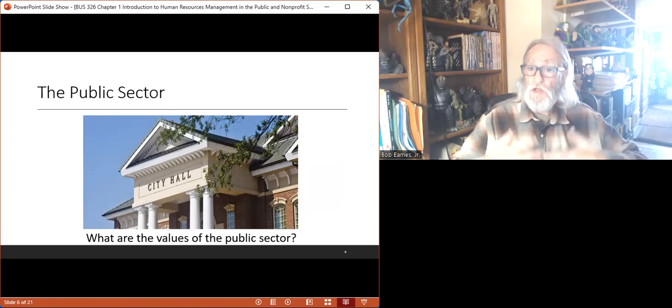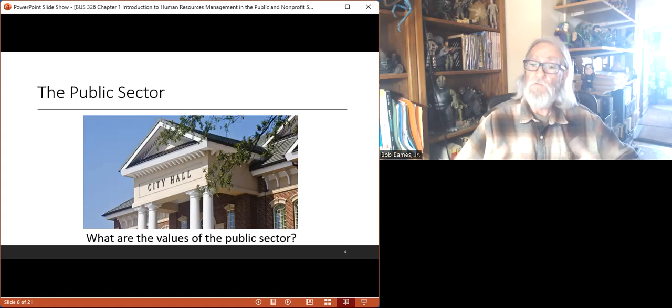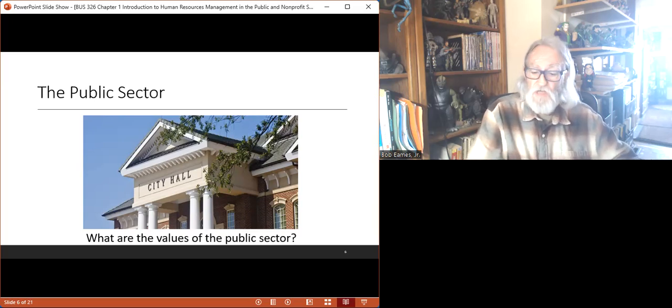When we're in the public sector, we have values that are very similar to the private sector. We also rely on efficiency and effectiveness, on timeliness and reliability, but we have a democracy. And in our democratic culture, the government is presumed to be owned by all citizens. And most of the revenues that do support the government agencies typically come from taxes paid by individuals and organizations. So the public sector is full of individuals who are working directly for federal, state, or local units, and they're all considered to be employees of the government, just at various levels.